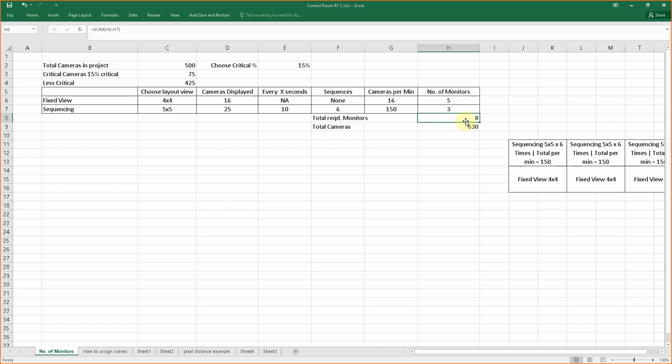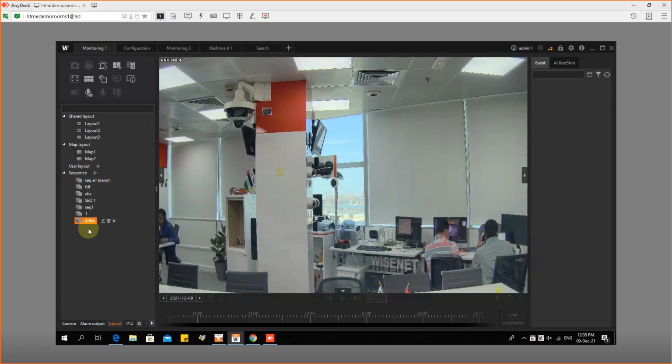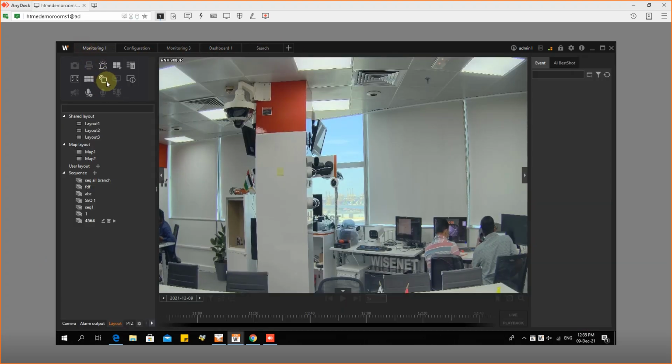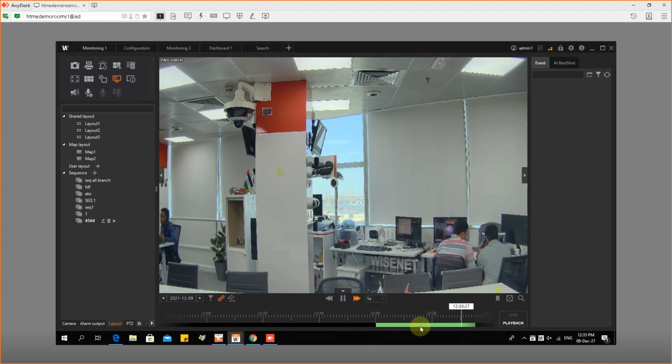You can have additional 1 or 2 monitors for the operators to take video export, to check, you know, to do functions like this, to check the dashboard, or you can have a separate monitor for events. Only if there is an event, it will pop up, or for doing investigation and search and playing back. Okay, what happened this time? Who was here, and so on.